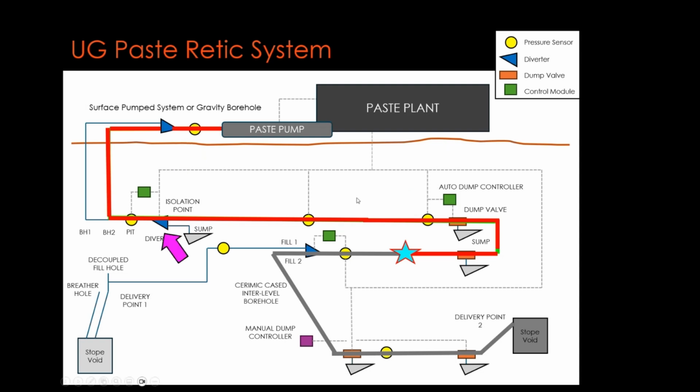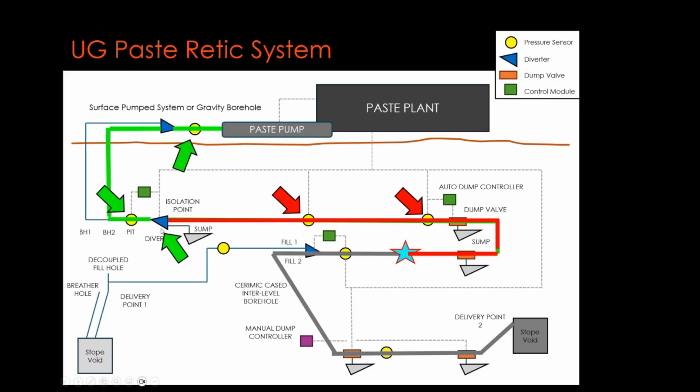By dumping the diverter at the surface borehole breakthrough, that then clears the system down to that point, as indicated by the pressure sensors and a visual confirmation of paste flow to the sump. That immediate surface borehole and underground reticulation can then be filled with water to apply water pressure